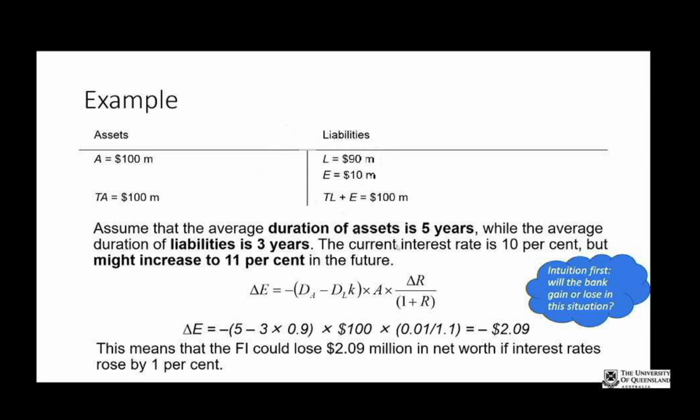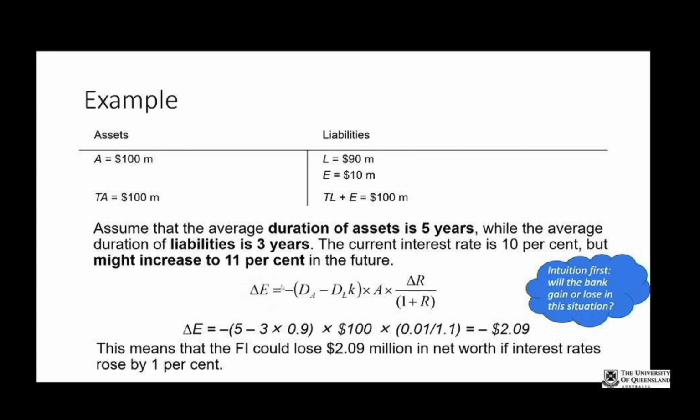And the current interest rate is 10%. Let's call that interest rate level. Let's just keep life simple and say it's 10% on both sides. Same thing. Unrealistic, but simple. And we are afraid that the interest rate might go up to 11%. And now we want to use that formula to see what would happen to bank equity, to our profitability, if